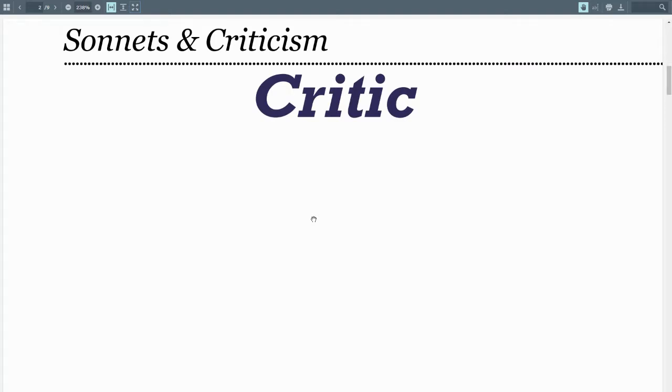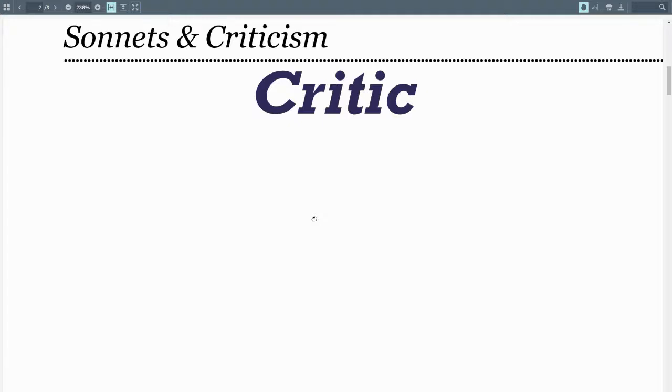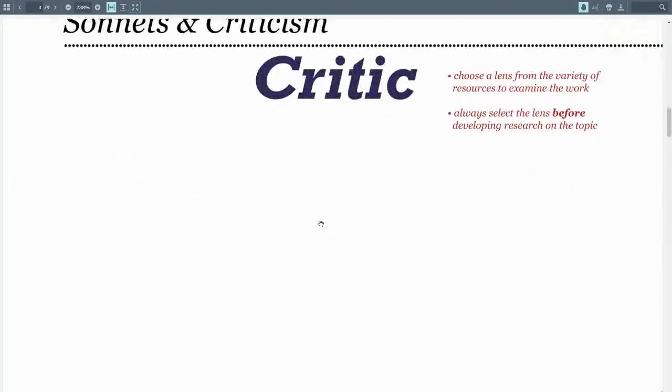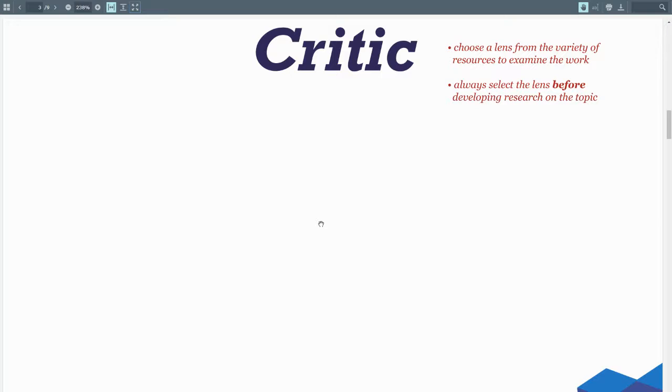This whole process starts with you and your observations. So the first phase, you are looking at the poem with a critical eye. You are, as a student, a critic of the literature. Consequently, you need to be sure to choose a lens from all that is available to you. All those lenses we've gone over, you need to pick which one you feel comfortable with using in these type of scenarios. Okay? It's always important to be sure you have a lens you're comfortable with before you actually do